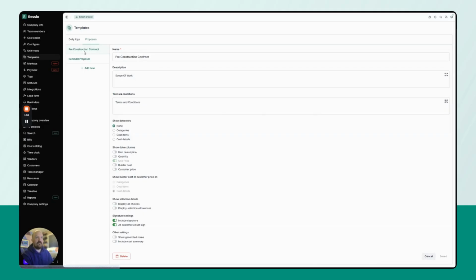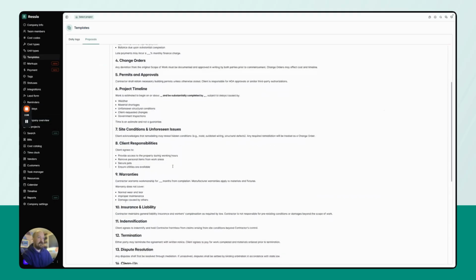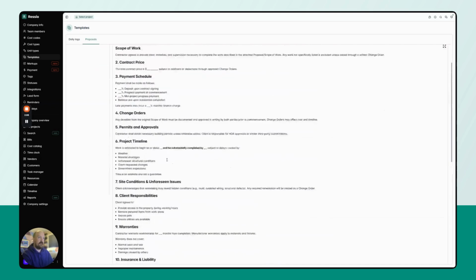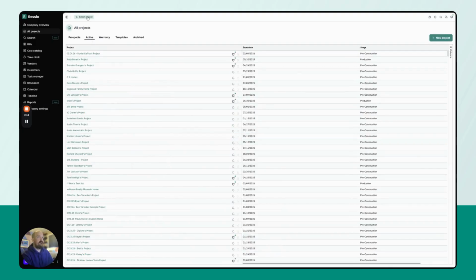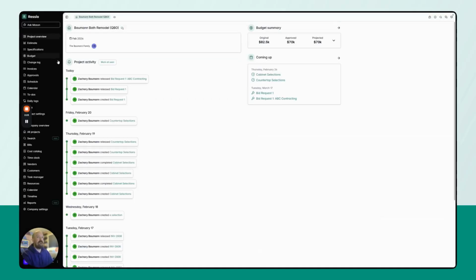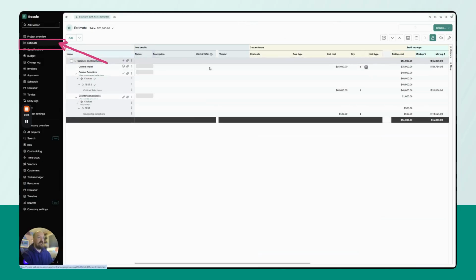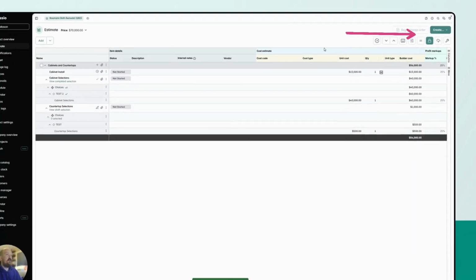So I always have access to my different construction contracts. For example, I've got a remodel contract here that has all sorts of good information and things like that. And I've got my pre-construction contract. But if I go into a single project here in Ressio, and I go into the estimate section, when I go and actually create a new proposal, what you'll now see